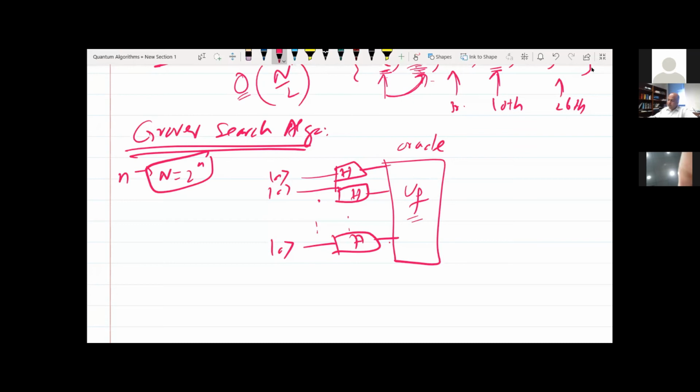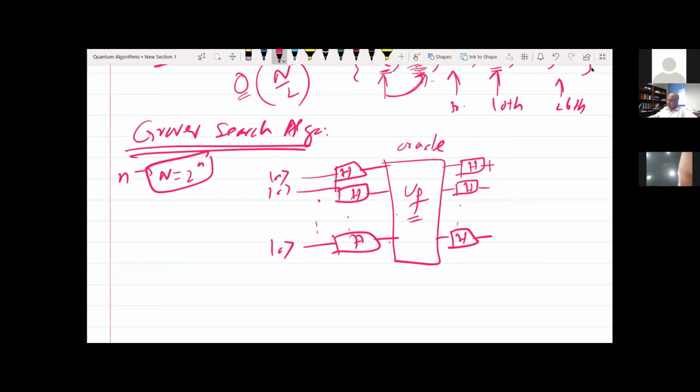For example, if you're looking for 101, which is your solution, and if 101 comes at the input, this is able to recognize the solution, and it's actually able to mark the solution with a minus sign. And then you do the Hadamard transform again,